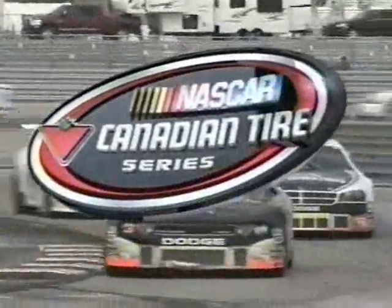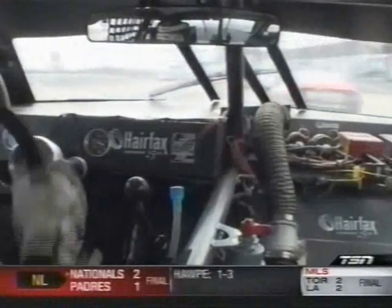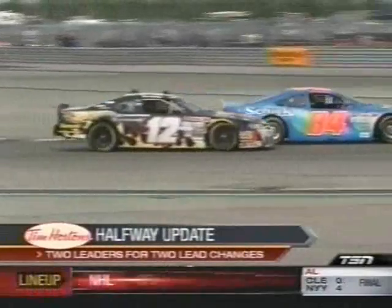Welcome back to round number 2 of the 2011 NASCAR Canadian Tire Series on TSN. We're at Prix ICAR in Mirabel, just north of Montreal. And this race is getting good. We continue under caution. The yellow flag is out for the stalled 07 of Isabelle Tremblay, but your leader was the